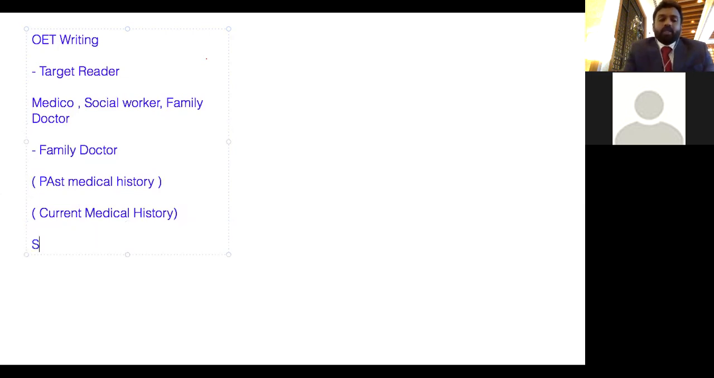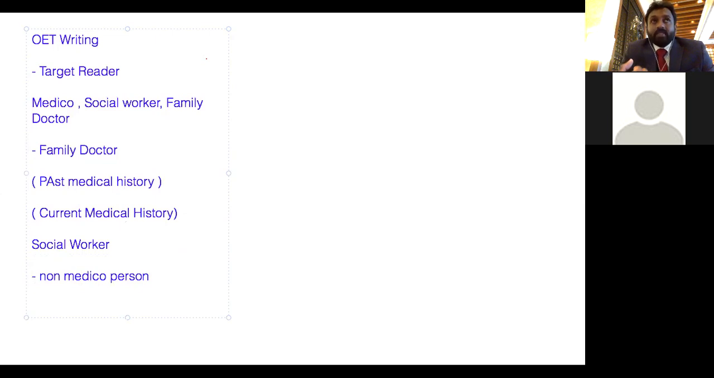Now, if you're writing to a social worker, please understand he's a non-medical person. Which means your purpose, whatever you're writing, that is your third paragraph and your fourth paragraph, that is the current situation of the patient and your recommendations and requests for the social worker, needs to be in detail. The history of the patient, if there is anything in the social history which needs to be informed,